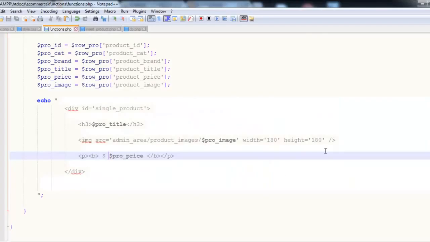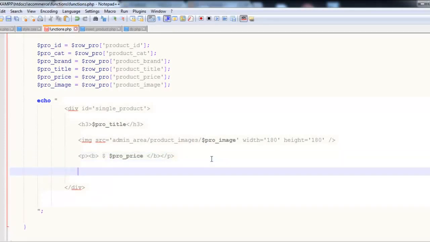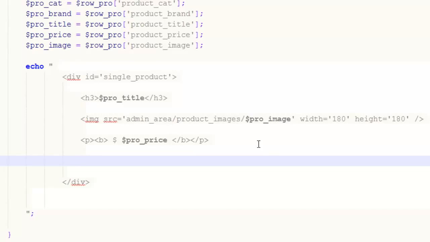That's nice, fine. Now the next thing is to add two things. One is a detail link, and one is an add to cart link. So very simply we will create a link, href is equal to details.php, which is a page, but we have not created it yet. We'll create it very soon. We'll add a text details,